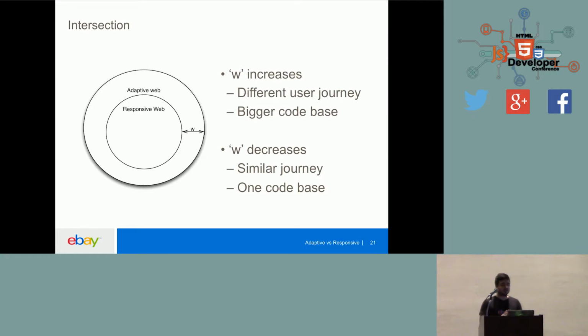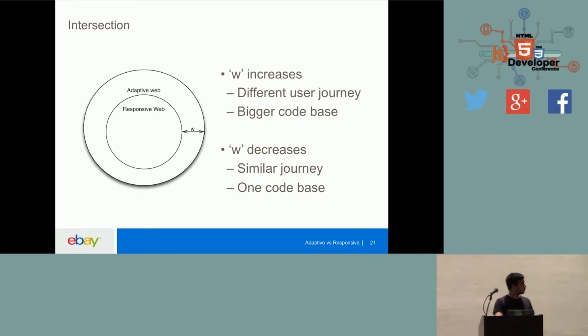But if you start increasing the distance between what's adaptive and responsive, so if the number of responsive elements within your system decreases, you actually start getting a very different user journey. You're getting a bigger code base, bigger maintenance costs, and it just gets bigger and bigger everything.